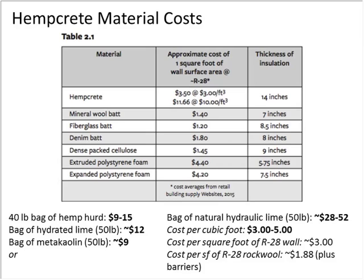And you can see how that compares to some other insulation materials. It's definitely more expensive than our typical batt insulation. It's a little cheaper per cubic foot than the foam insulations, but obviously you need more of it. So at this point, it's pretty much one of the most expensive insulation materials that we work with, and we'll choose it for a whole bunch of other reasons: its moisture handling properties, its structural capabilities. There's a lot of great things about it. Its carbon sequestration, all that kind of stuff. But right now, it is definitely costing more than